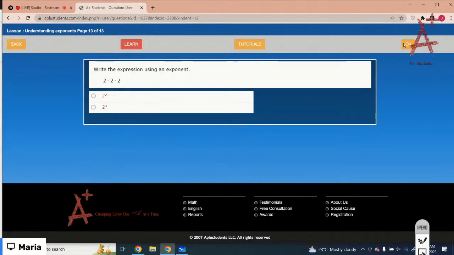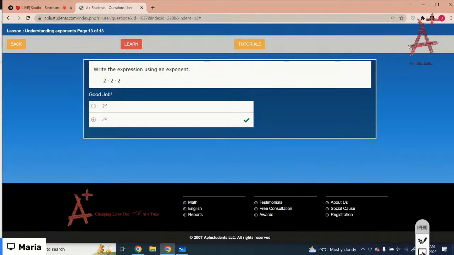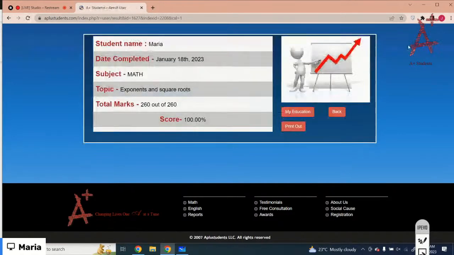Yes, that is 2 exponent 3. Got it? Because 2 is multiplying 3 times. So we are done with the test. Let's just move on to the next lesson. And the next lesson is